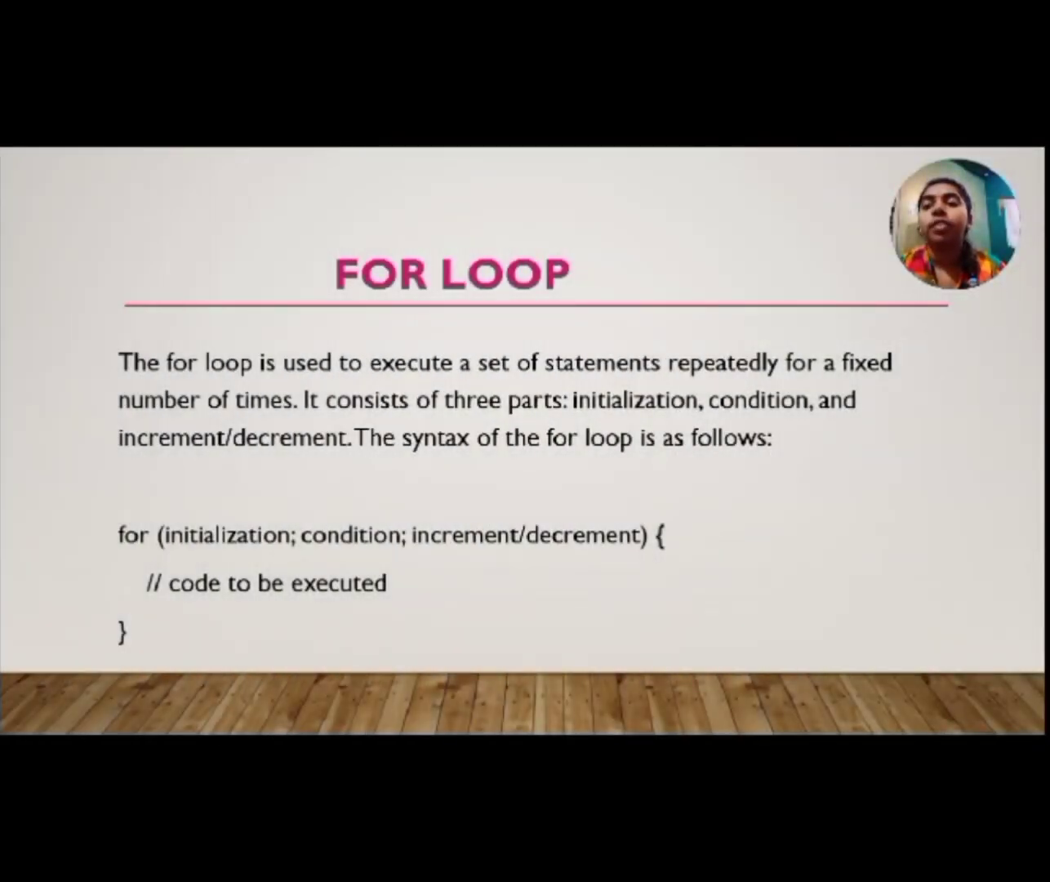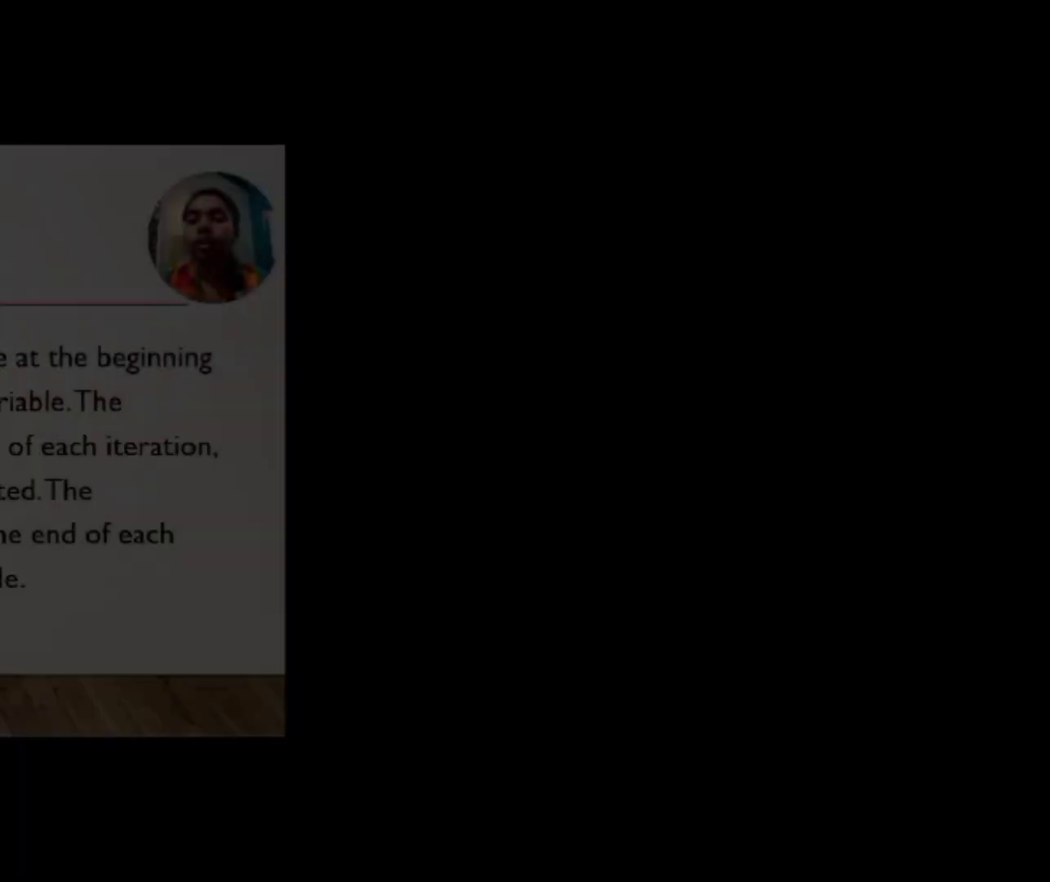The first type, for loop. The for loop is used to execute a set of statements repeatedly for a fixed number of times. It contains three parts: initialization, condition, and increment or decrement. The syntax of the for loop is as follows. for (initialization; condition; increment or decrement) { code to be executed }